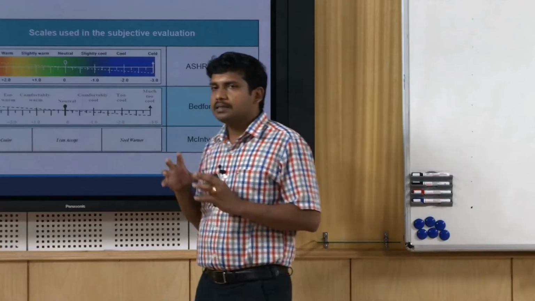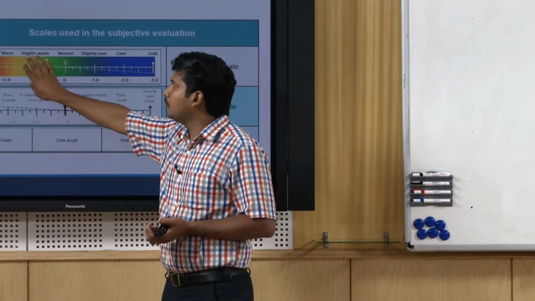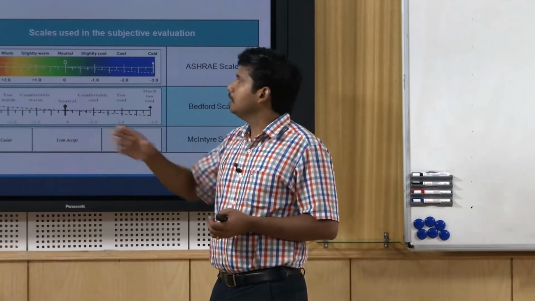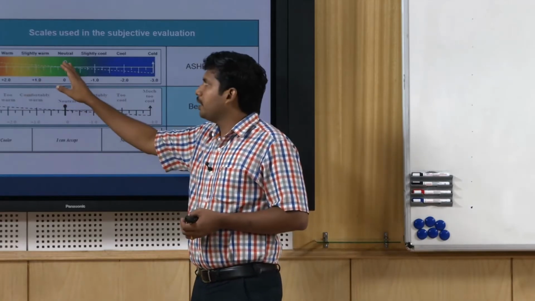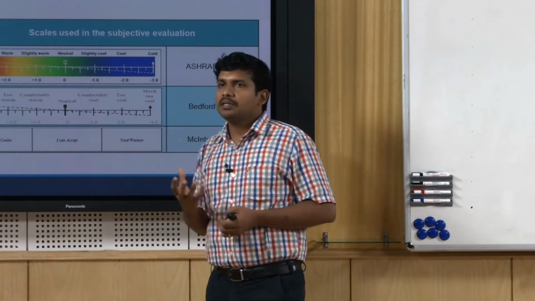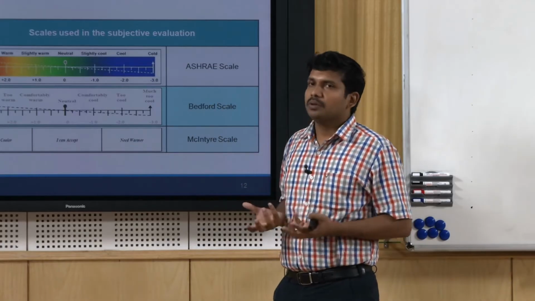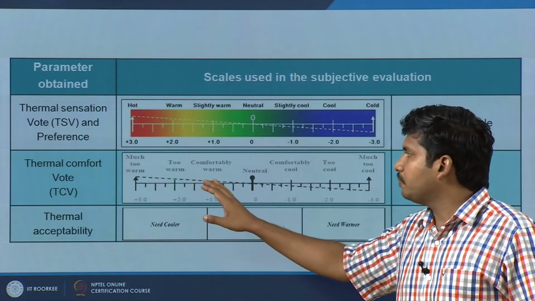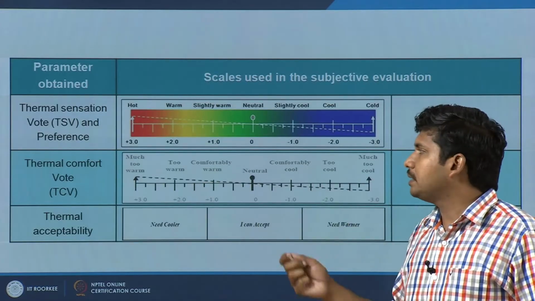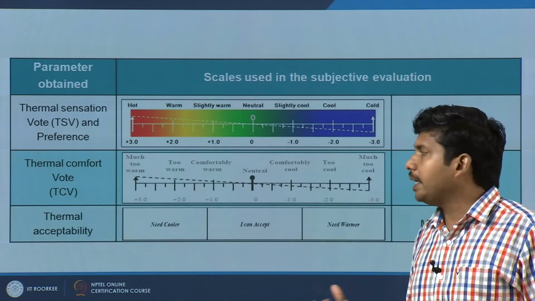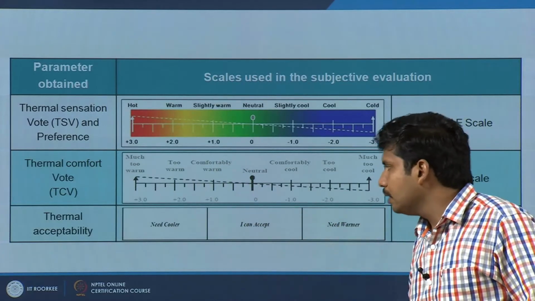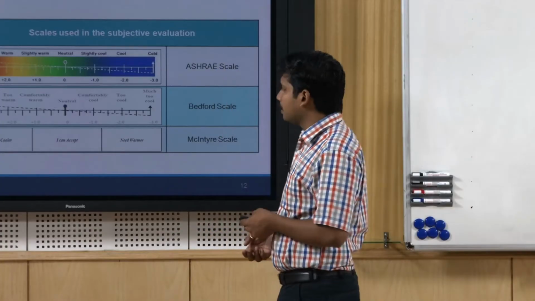this particular set of thermal environment, if you go with the sensation scale, you may say that no, this is slightly warm, you need to bring it to neutrality, which means that people always do not need neutrality, but they can also be feeling comfortably warm. For example, a slightly increased temperature or a radiant heating will keep you comfortably warm in winter, and you can still accept that particular thermal condition.